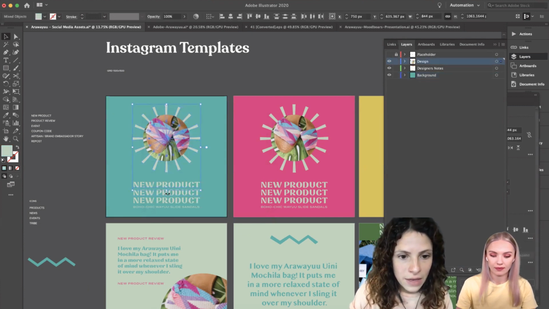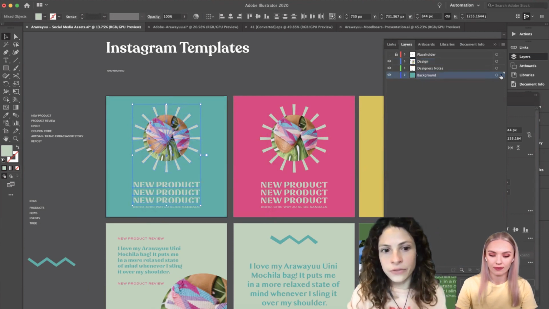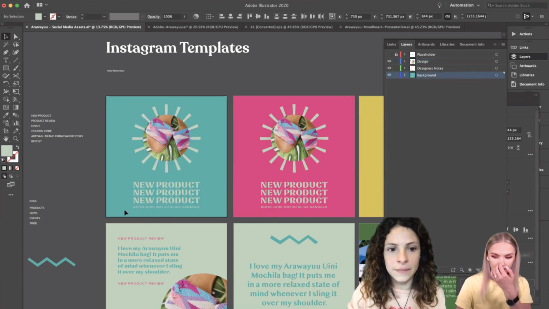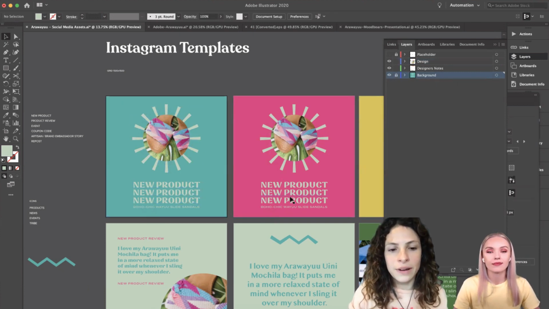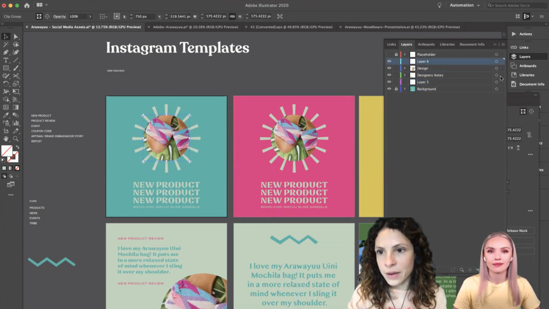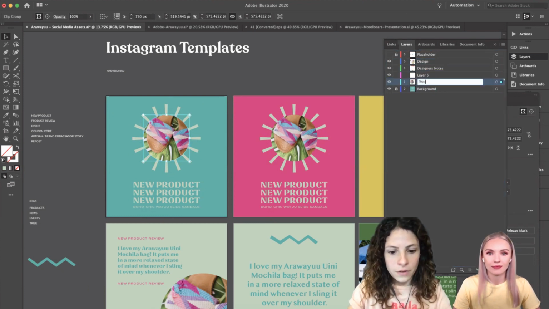So let's say in this case, the new product is part of the background, because this type is not meant to be changed. So I would have this, and then everywhere where I have a picture, I would also create a new layer and say photo goes here.